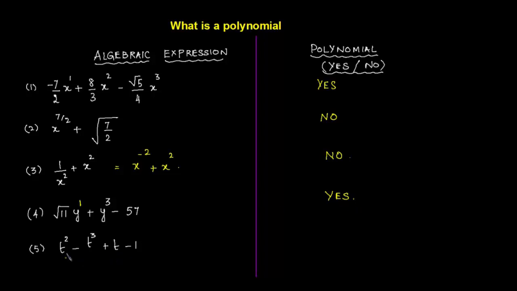Now look at this expression. You can obviously say that this is a polynomial because the power to which the variable in the expression has been raised is a whole number. So here it is 2, here it is 3, and here it is 1, and so this is a polynomial. So these are indeed polynomials. So there are 3 polynomials and there are 2 examples which have been given which are not part of polynomials. In the next session, we will be learning about the types of polynomials.